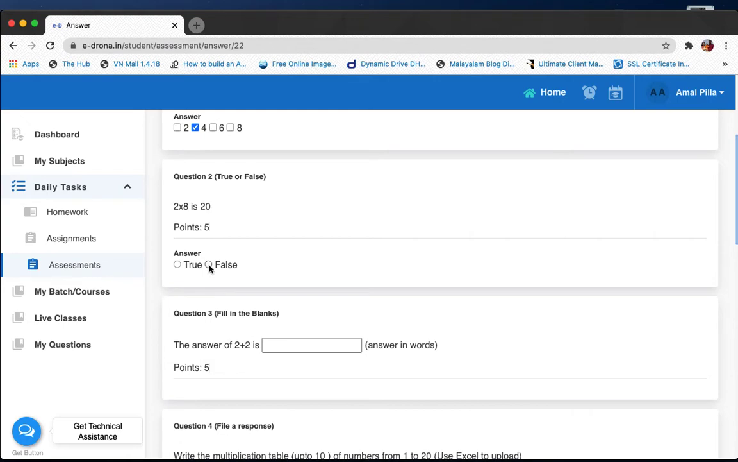So I'm going to click on that false answer here. If you choose true, it is the wrong answer. Again, the student has the option to choose whichever is the correct answer to this question. So this is a true or false question, and I have chosen the correct answer, which is false. So let's move on to the next question,